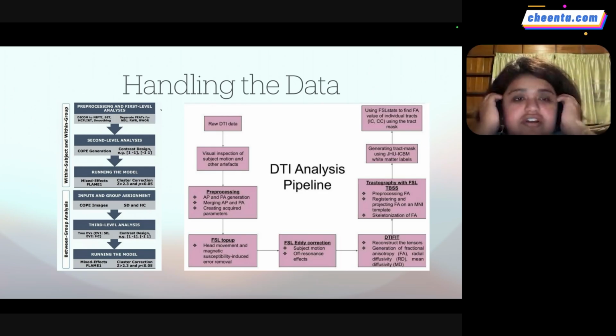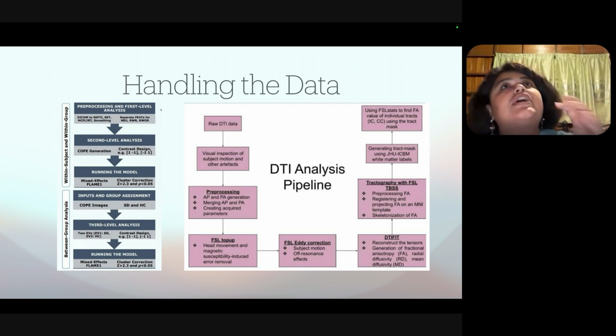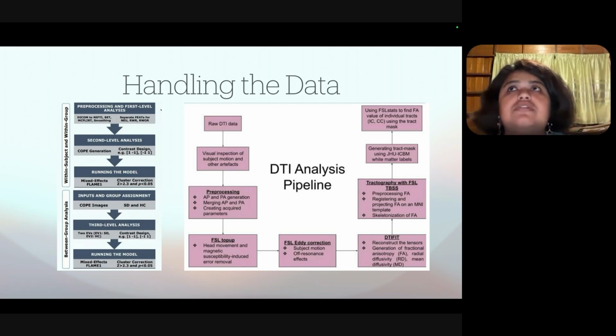Yeah, sure, sir. So, in the second level analysis, we basically develop contrasts between situations like risk and reward. Once that is done, we do a cluster correction. In cluster correction, we cluster the regions which are associated with risk and which are associated with reward. Because we can compare between risk and reward, it helps us see which regions are activated for risk and which regions are activated for reward.